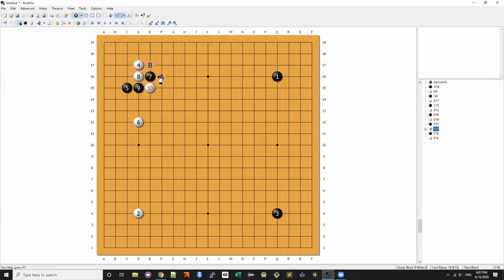So today we will talk about how black deals with this kind of fight. But before I go too deep into that, I will also talk about some of the old obsolete josekis that human beings have come up with. So basically, before AI, human beings have always believed that this push and cut is bad for black, because when we reach this windmill shape,